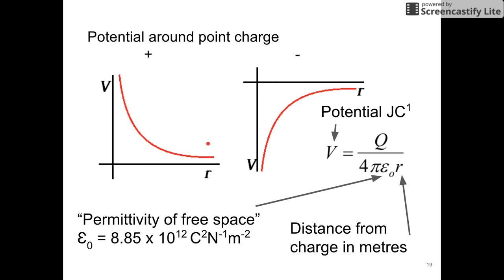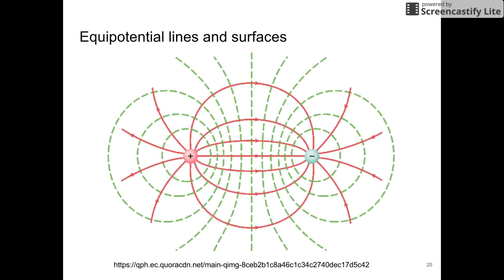Similar to the equation in gravitation. So we've got these equipotential lines as well as the field lines. There's areas of equipotential. So this could be maybe a positive 4,000 volt equipotential, positive